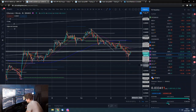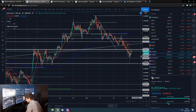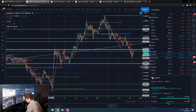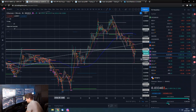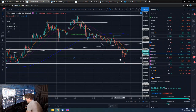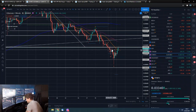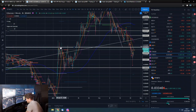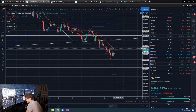So yes, Ethereum, Bitcoin has put in a bottom. We've come into this confluence zone here, as you can see, lots of trading here. Dipped very deeply into it, and we are now looking to bounce quite strongly out of it. We have obviously got this important horizontal here, the spot 0.33, which basically we were saying we're looking